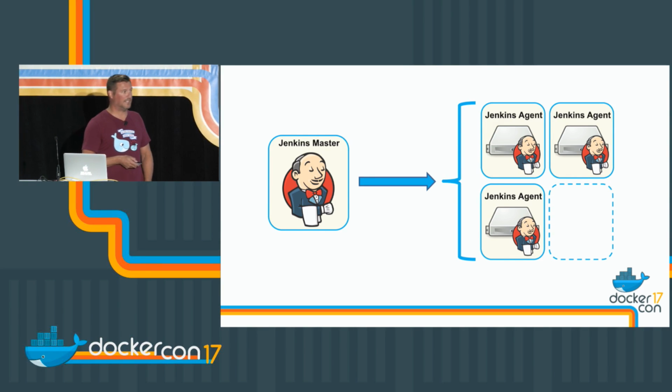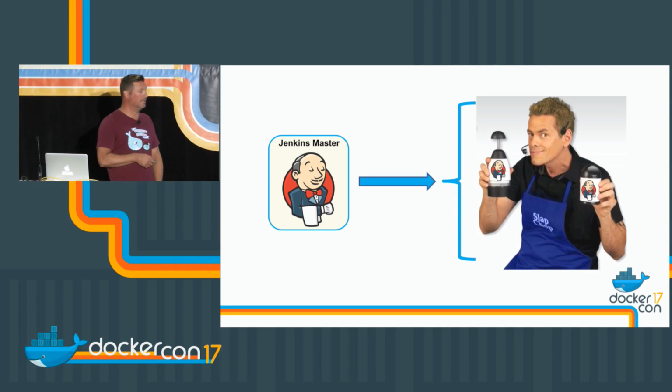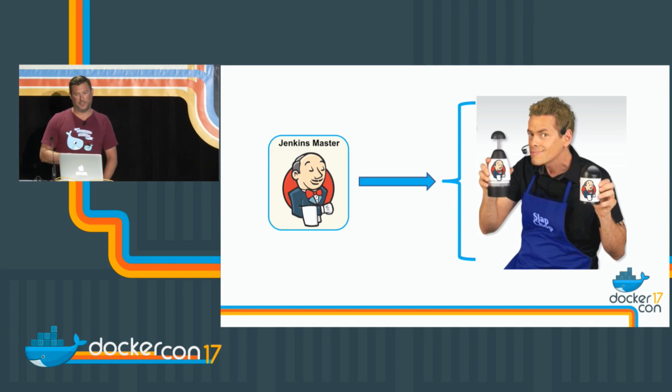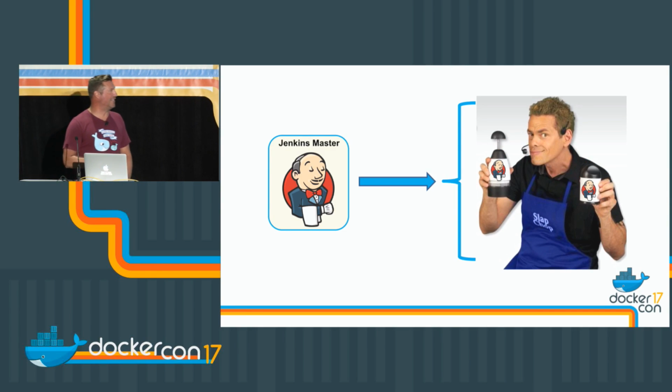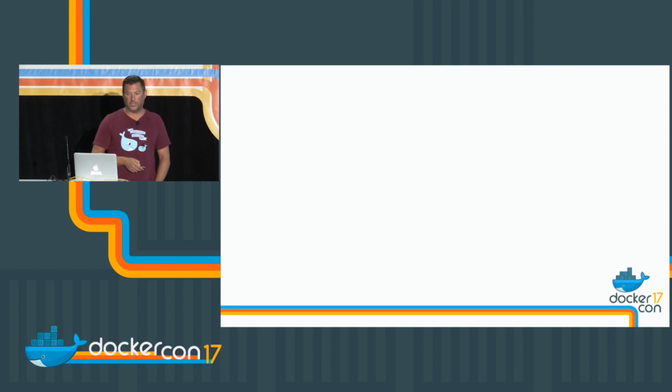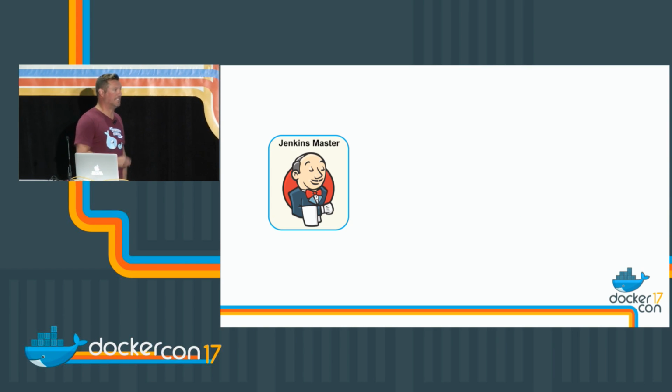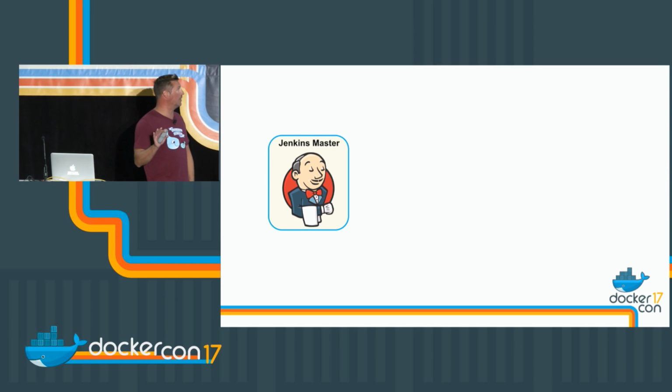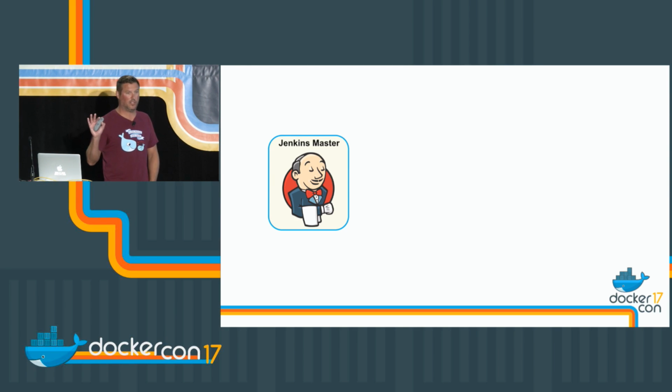But the reality is, like I said, this is super boring and it's not exciting. So we'll throw some events on it. We'll make our Jenkins life exciting. So here's what we can do now, right? Jenkins master stays the same. Don't touch it. It's still running on a VM. If you want to run it in a container, that's totally cool.